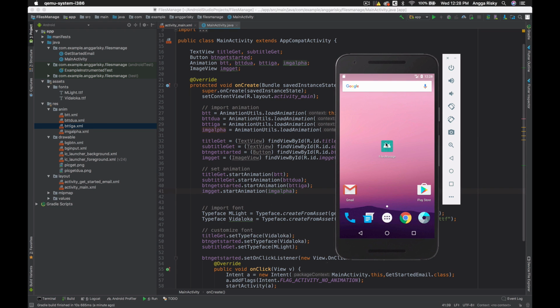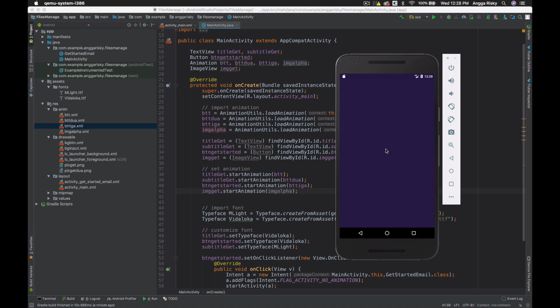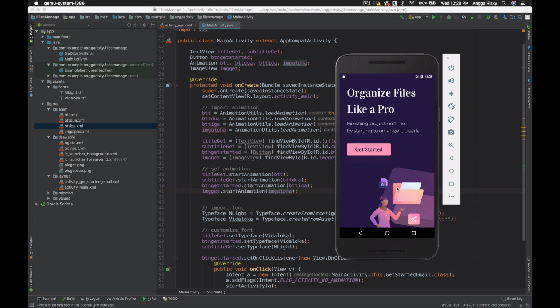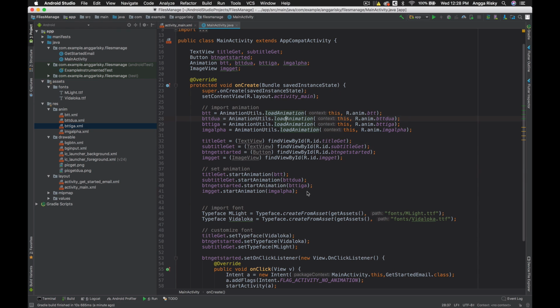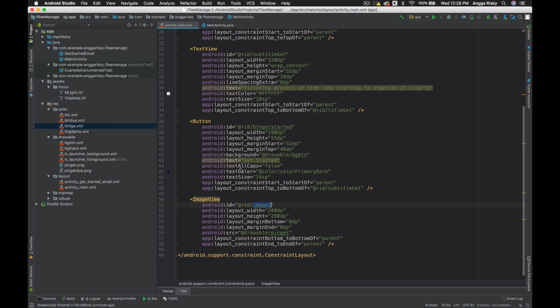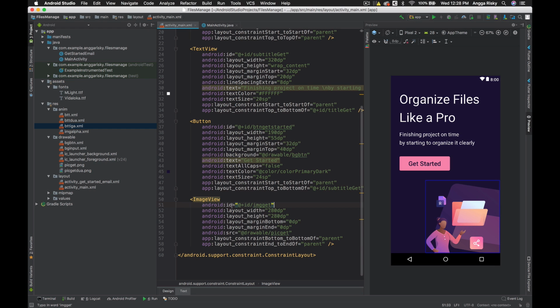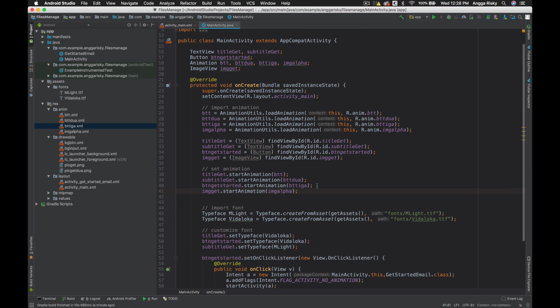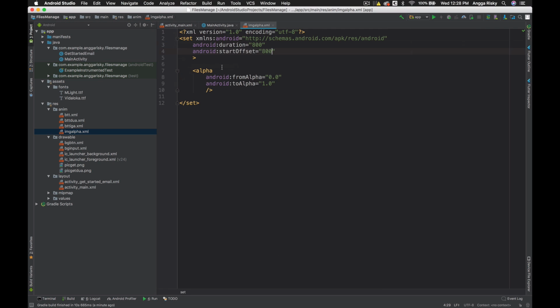So this is the file manage when we open it like this. Okay, so this is for the image alpha, and I already give them the IDs for the image view, like image get, you see here, and then we register them over here. So in the animation for the image alpha, it's just using the alpha like this.